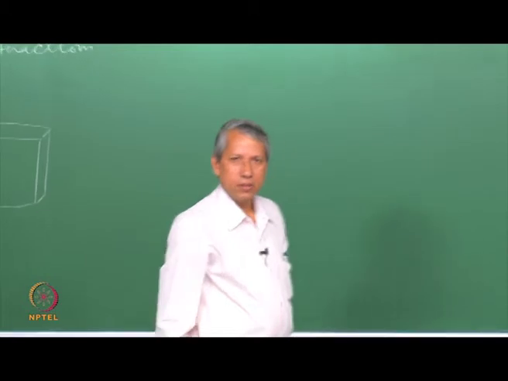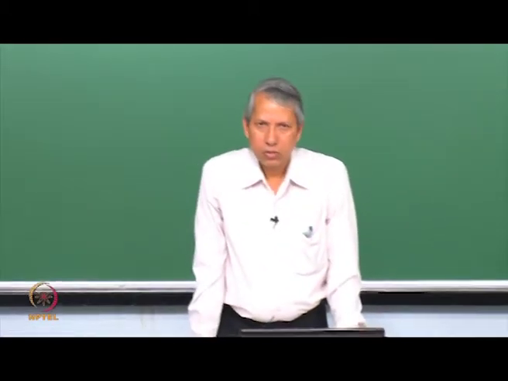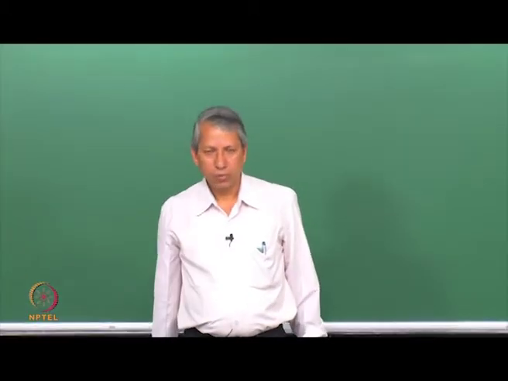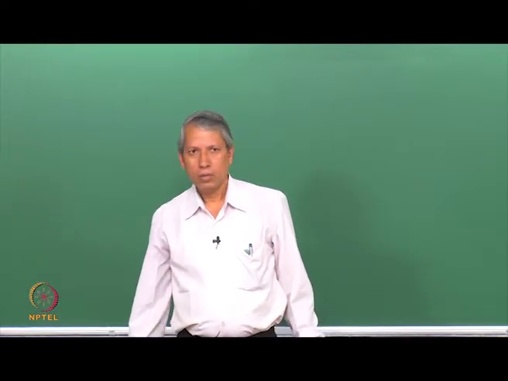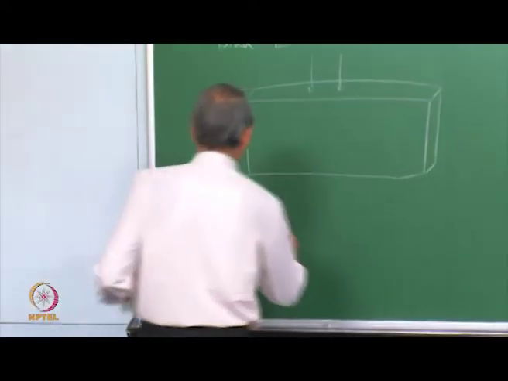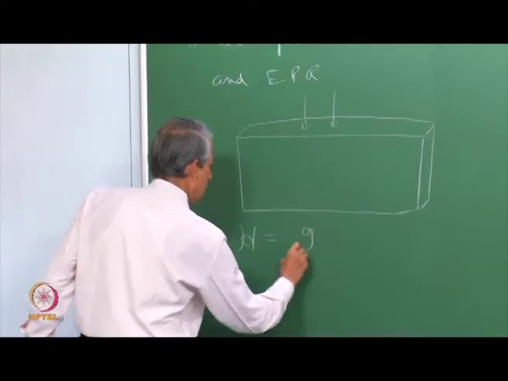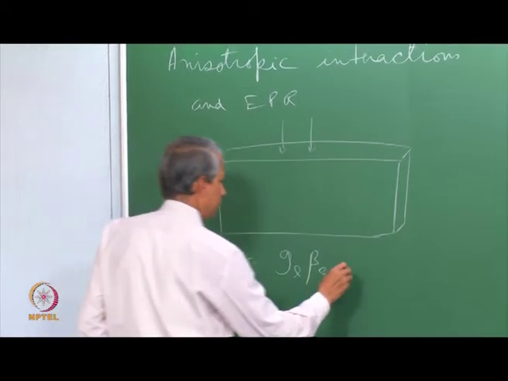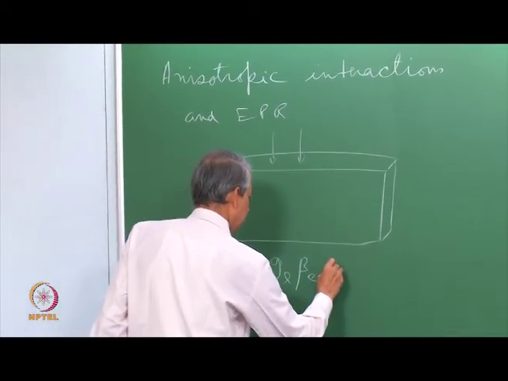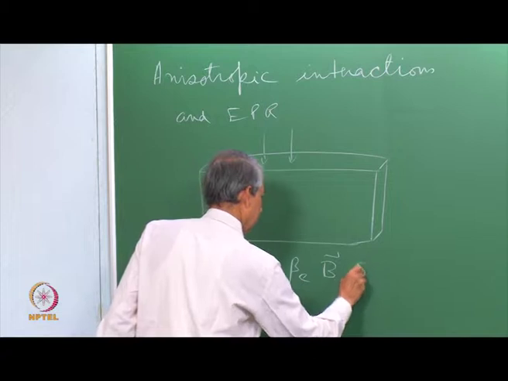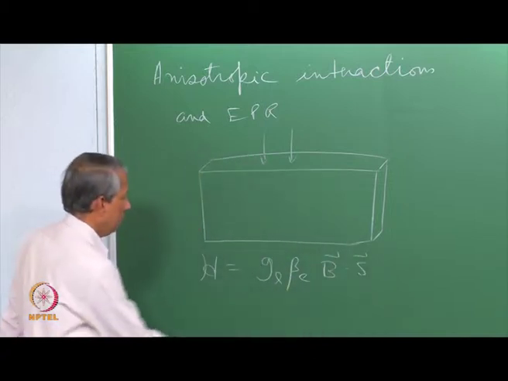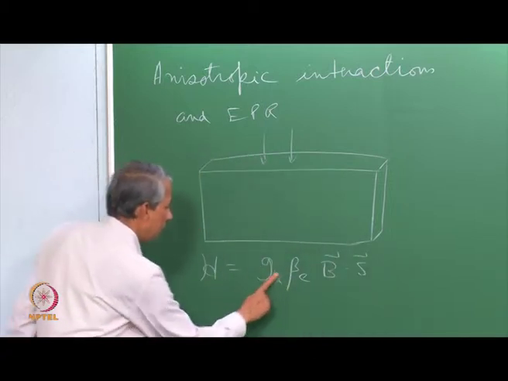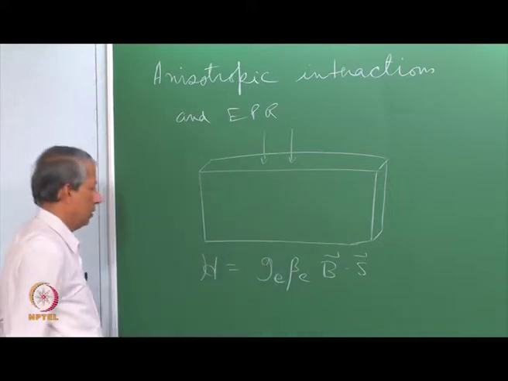In magnetic resonance, many phenomena are anisotropic. We have not considered them so far. All we have assumed is that the electron-Zeeman interaction, for example, is isotropic, and the way we wrote that Hamiltonian was g beta B, in this fashion. So, this was considered a scalar quantity.